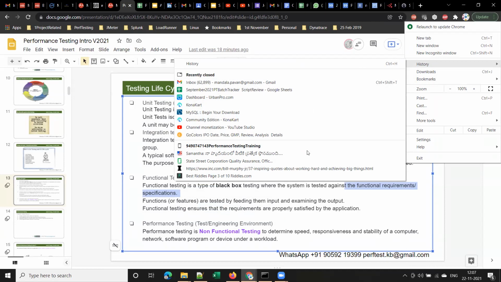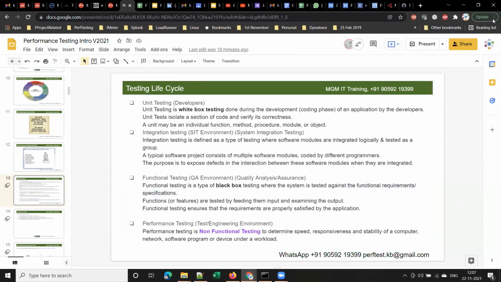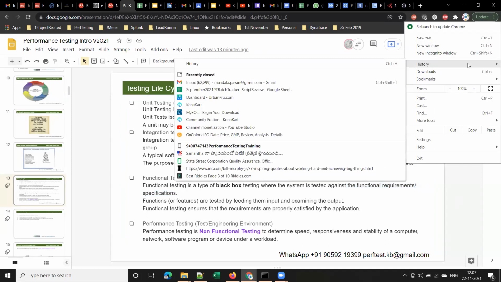Your normal browser saves the browsing history, and that is what you need to understand. Browsing history means all the websites I have visited.